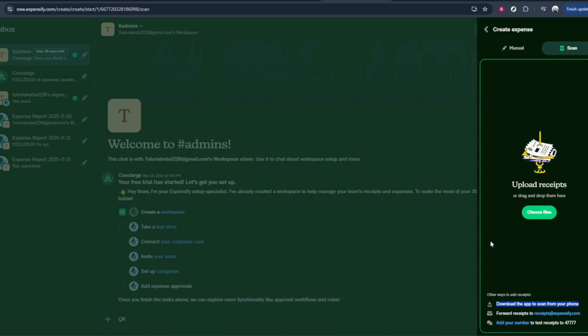If your receipt is already saved as a PDF or an image on your device, choose the option to select a file, then browse to that receipt and upload it. This is especially useful for emailed receipts or invoices you've already downloaded. Once the file is